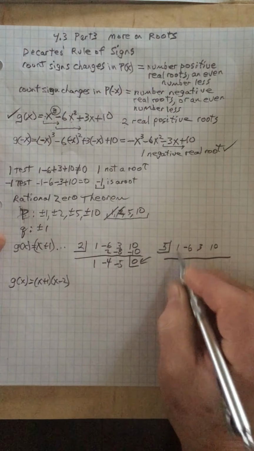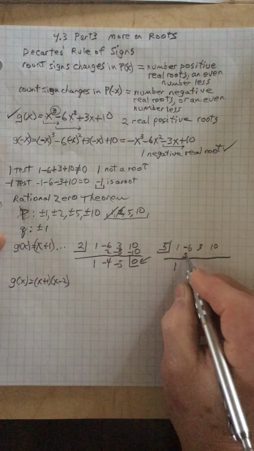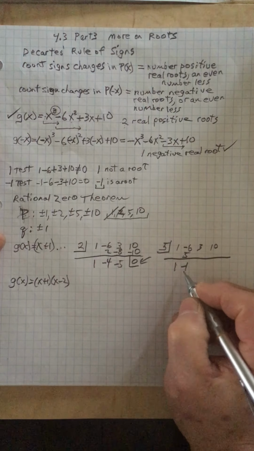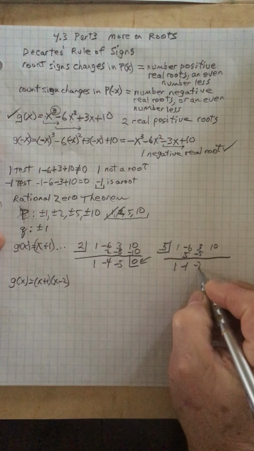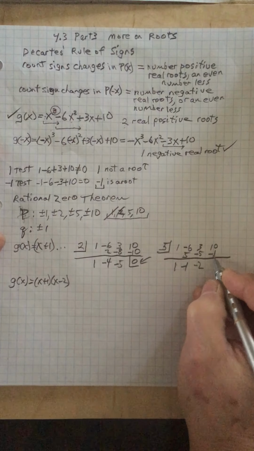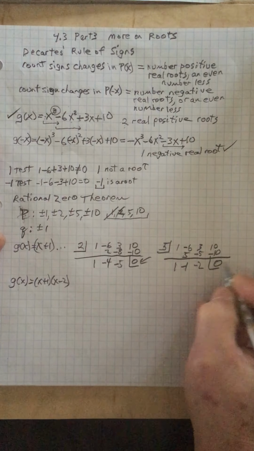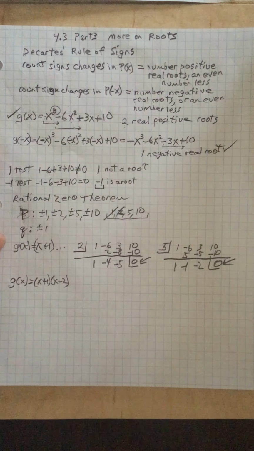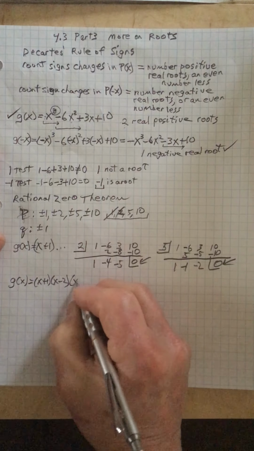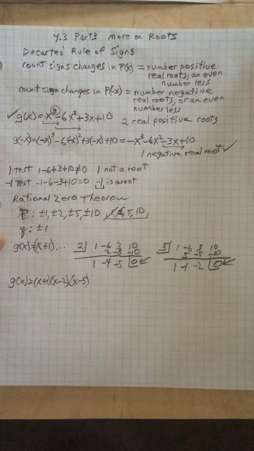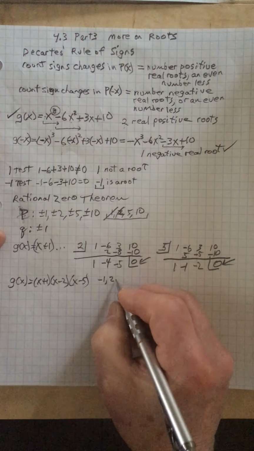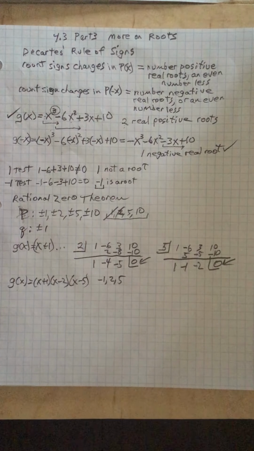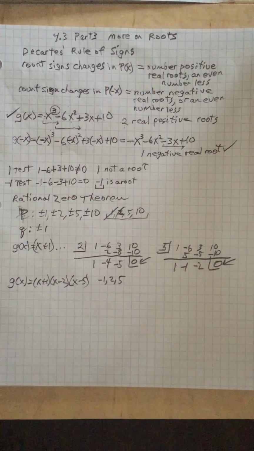Okay, same thing, bring down the 1, 1 times 5, -6 plus 5, -1 times 5, add these up, -2 times 5, that's -10, add those up, 0. Guess what? 5 is a root. So we got it. 1 negative root and 2 real roots. There they are. So there's a good example of using all of these different things together to zero in on